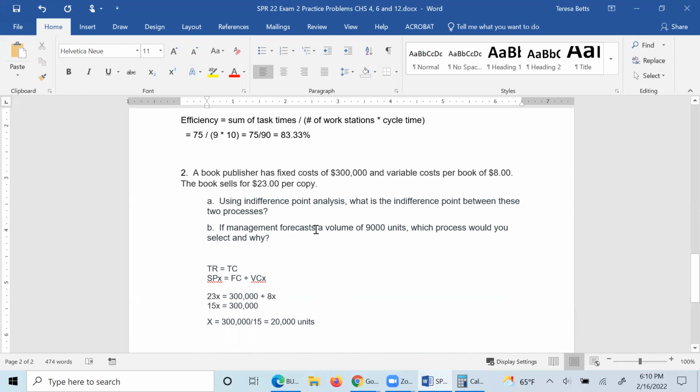And B says if management forecasts a volume of 9,000 units, what process would we use? Okay, so I think this is a kind of an amalgamation of 2 questions. So let me kind of bring this into play to say that the 2 processes